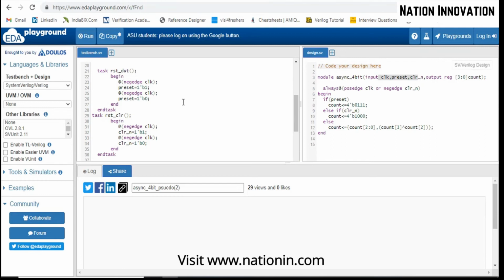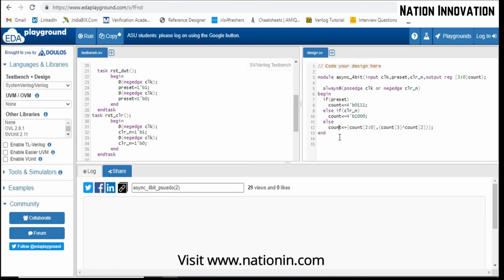No, sir. Okay. So basically, in the digital circuit, we want the output at the posedge of the clock. So here, at the posedge of the clock, we will have some output. So at the same posedge of the clock, we cannot provide the input to the DUT.